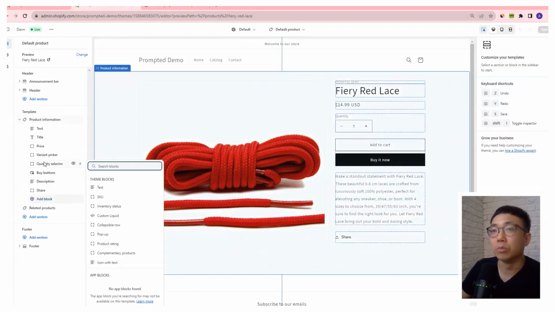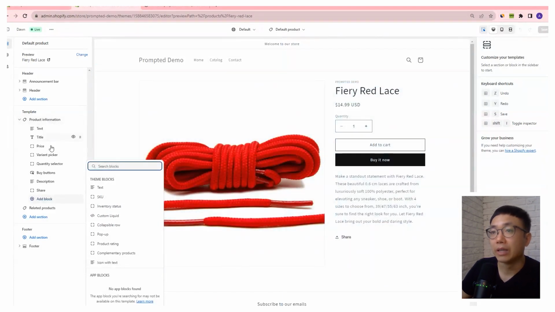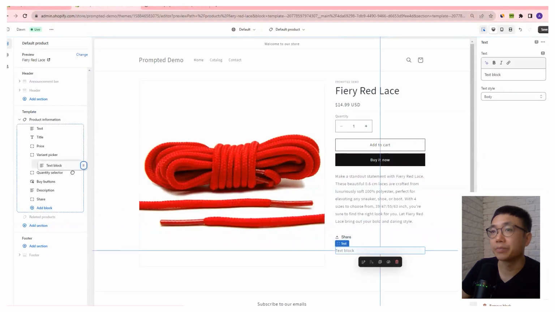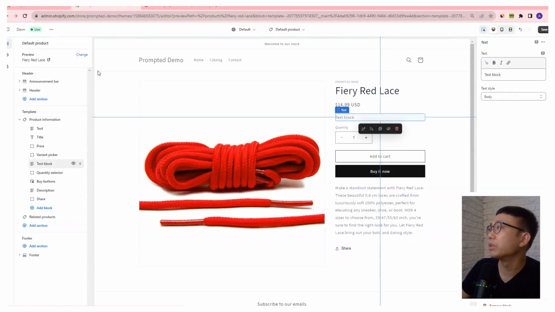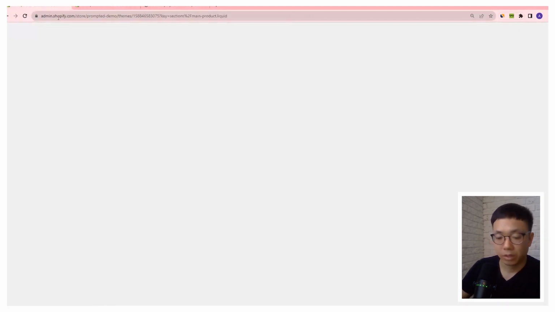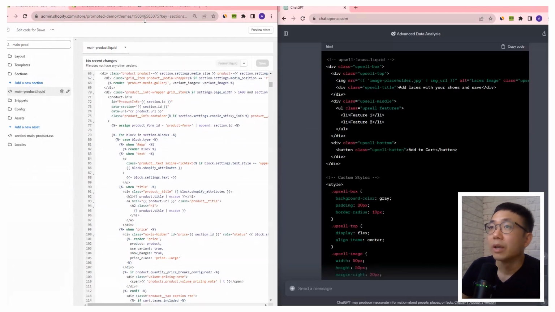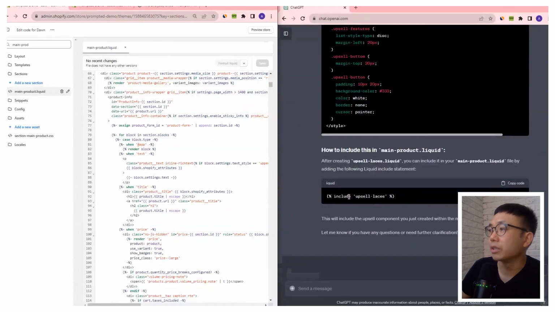So we could move it around. Let's say if we were to add it as a text block, we could then just move it up and down wherever we like. And so we're not going to keep this one. Let's take that out and come back to the code editor. And it's saying we want to include it in upsell laces. Okay, so I'm going to